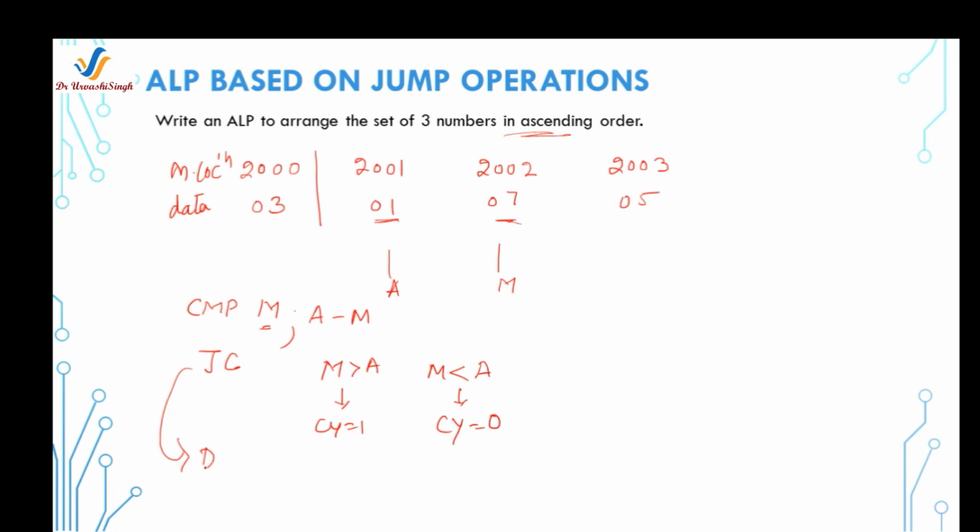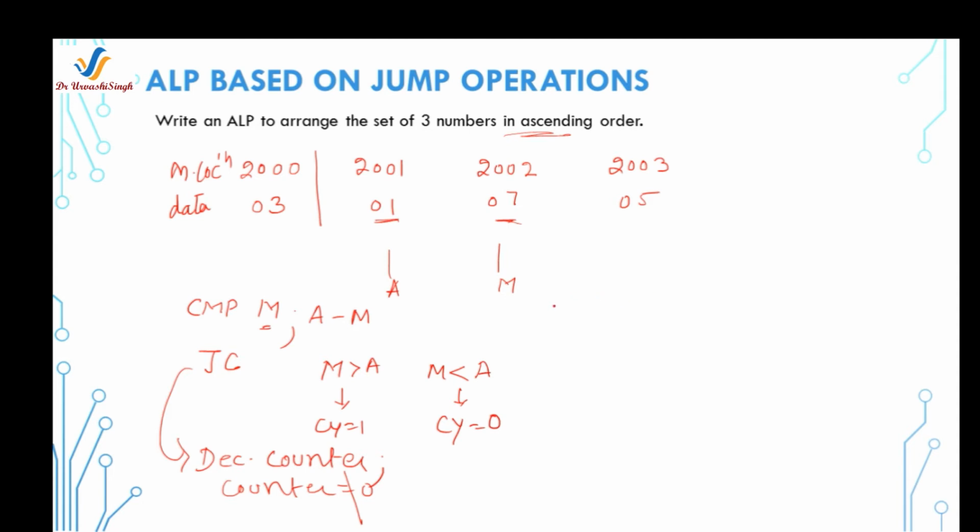There must be some counter. So decrease the counter. Why is the counter used? Because we are going to make comparisons between the numbers. So the number of comparisons will be saved in some register, and that register will be called the counter. So you will check whether the counter value is 0 or not. If the counter value is 0, then your numbers are arranged in ascending order. If it is not 0, then you have to once again check whether the next number is greater or smaller than the previous number.